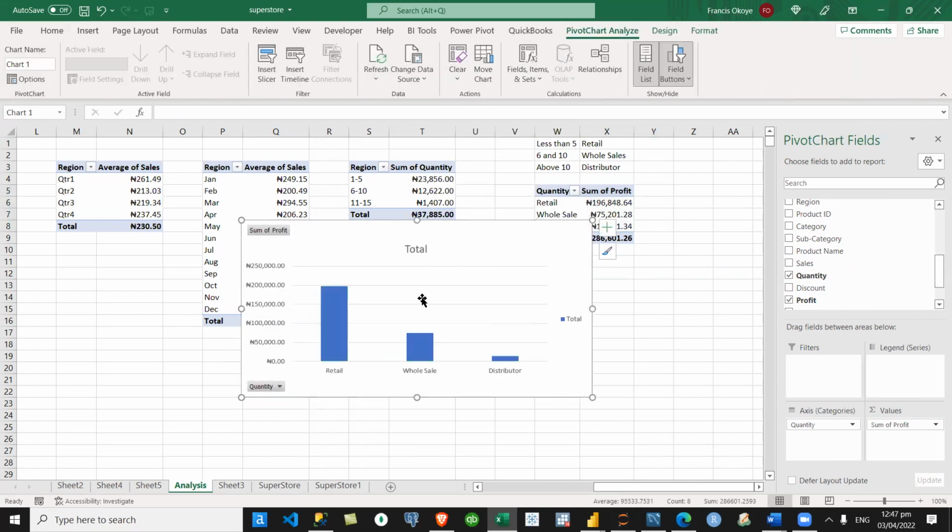So you don't have it like this in the data. If you look at the data, you don't have where you got retail, wholesale, or distributor. Do you understand what we have done here?